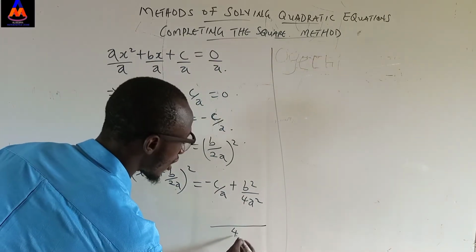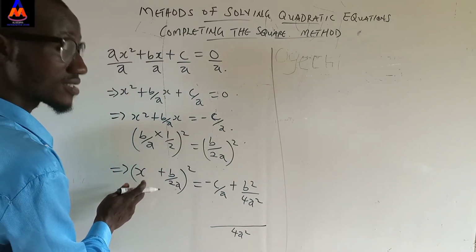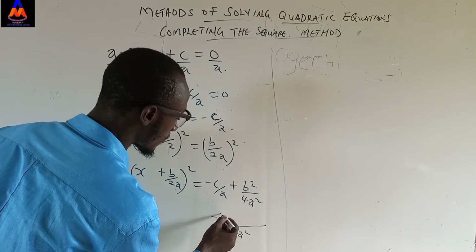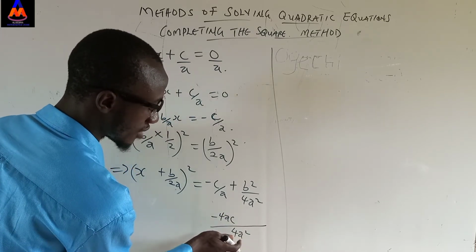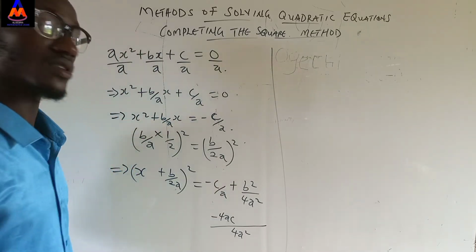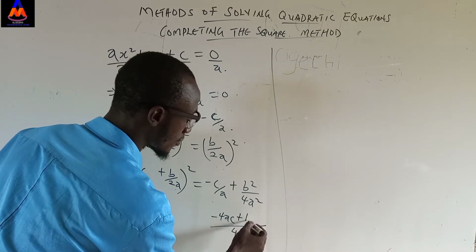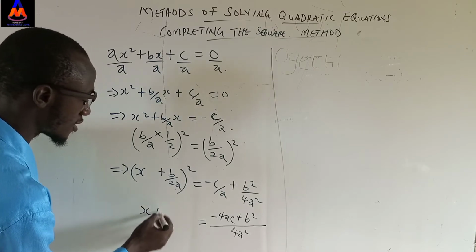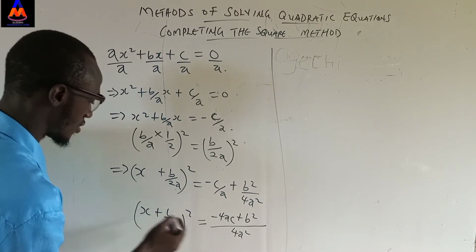So this is 4a squared. We are looking for s. We are to make s the subject. So this is 4a squared. This is going to be minus 4ac. A cancels A, then we have 4A, multiplied with minus C. Then plus 4A squared, cancel 4A squared, this is B squared. According to this, then we have S plus B over 2A squared